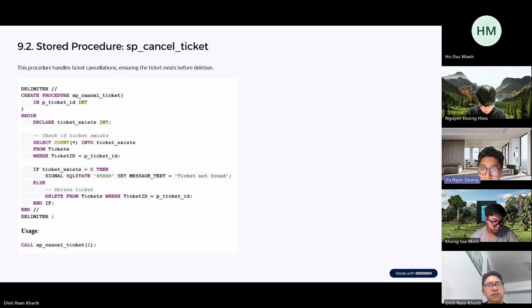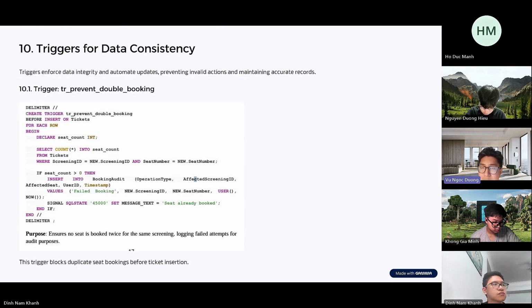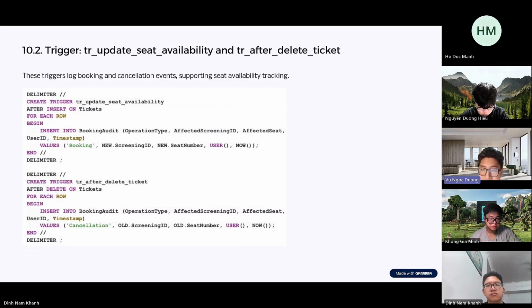So ticket: validate if a ticket exists before allowing deletion, preventing silent failures. Even with procedures, some of these rules must be enforced reactively and automatically. That's where triggers come in. We implement: prevent double booking, prevent inserting if the seat is already booked. It even logs failed attempts into the booking audit, updates seat availability, and after a ticket is deleted, logs every booking or cancellation